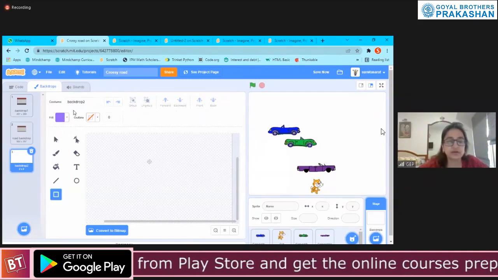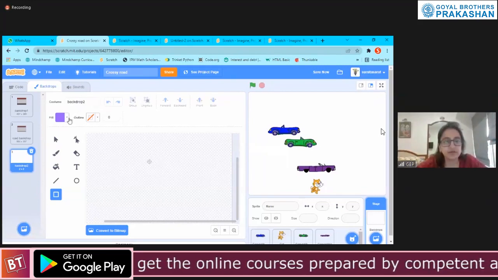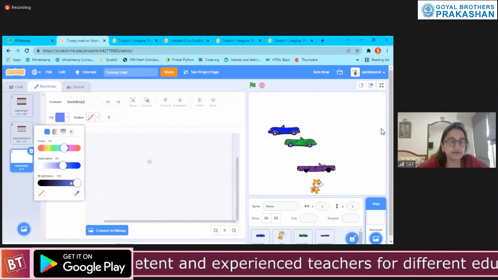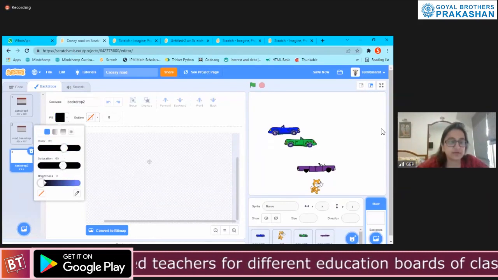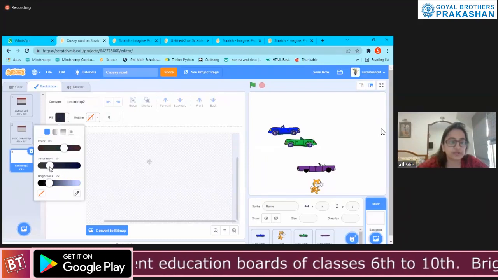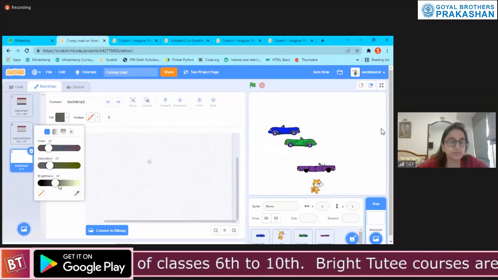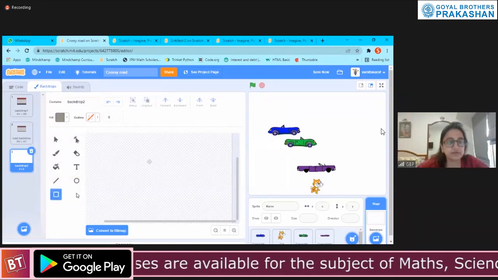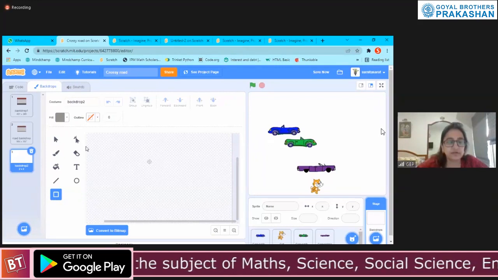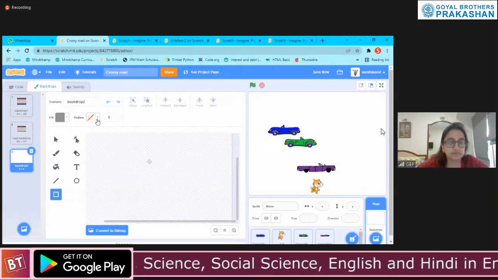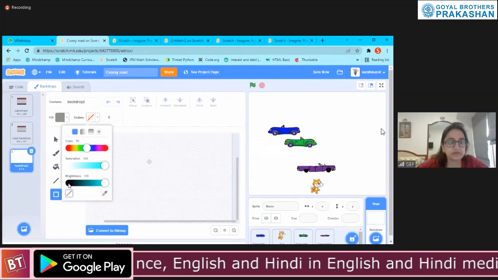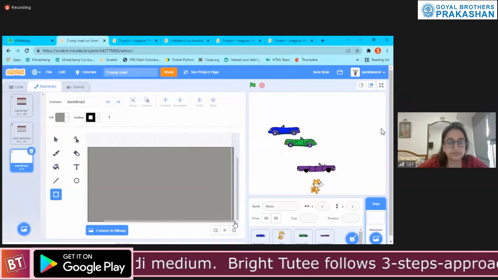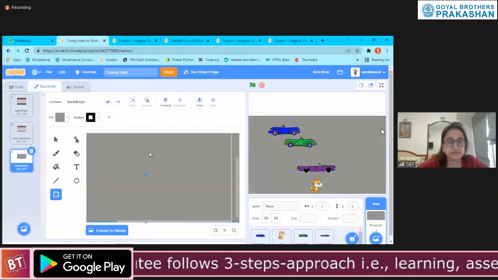Fill color is whatever color you choose, that square or rectangle will be that color. So suppose I want a gray color, you'll have to select a little bit of black, and maybe you can play around with the color shade to make it gray. Okay, if I'm happy with this, and if I need an outline, I can take an outline,